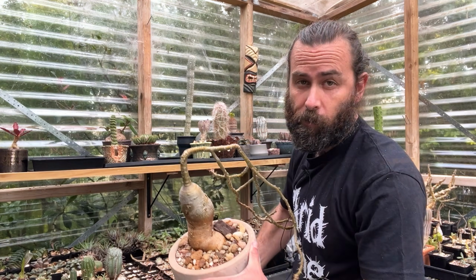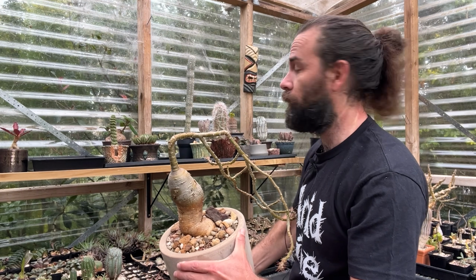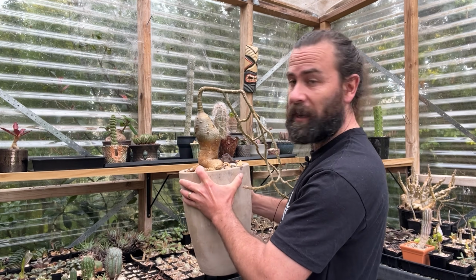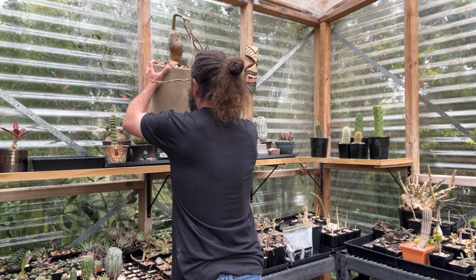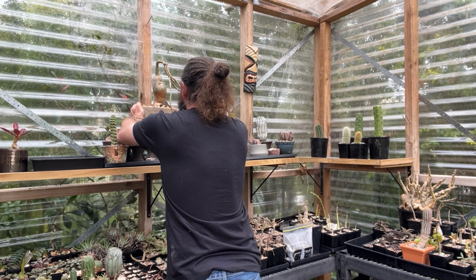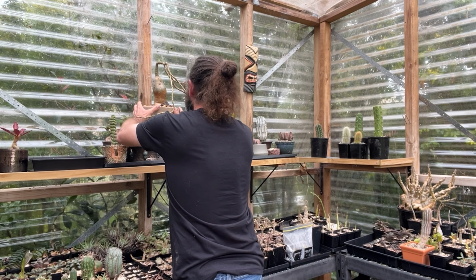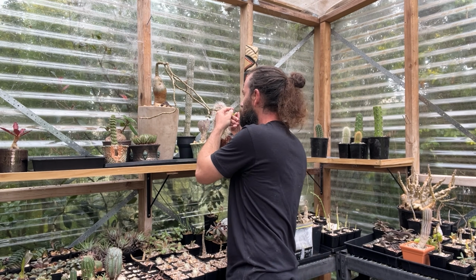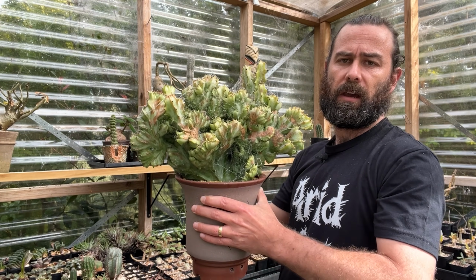Hope this shelf is going to hold this weight. It should. If it doesn't, there's going to be a lot of dead plants. Looks ace. Now up on that shelf,